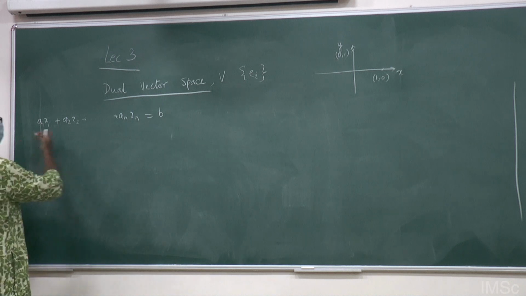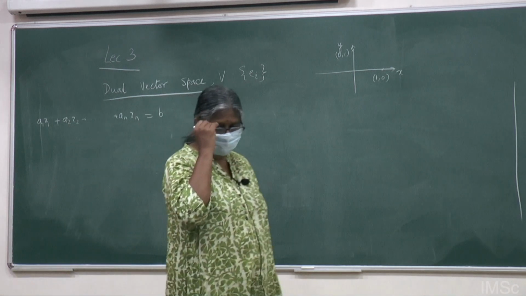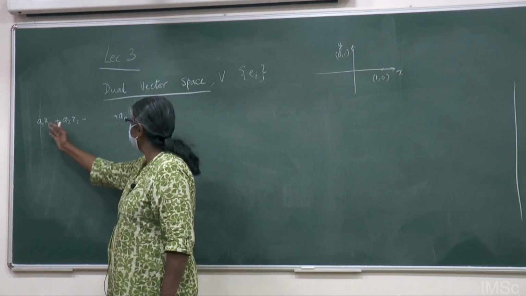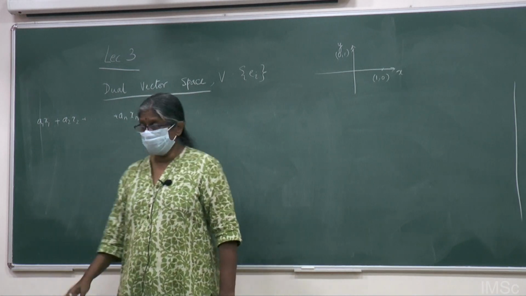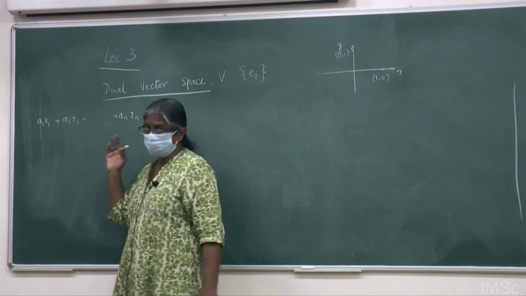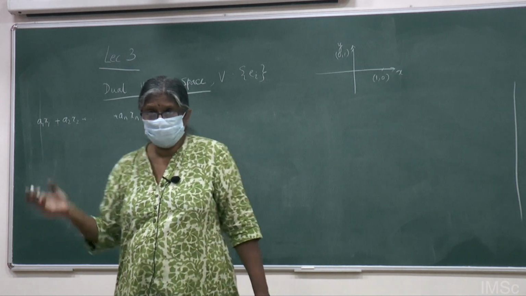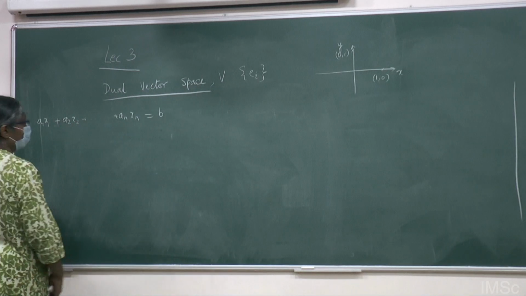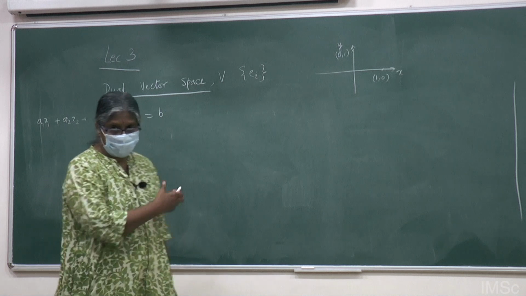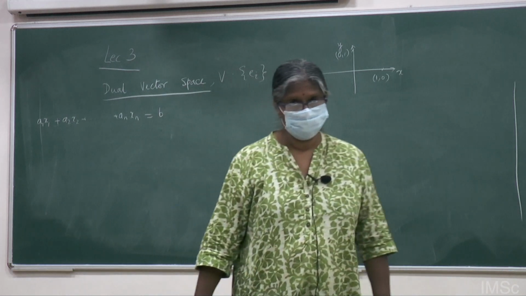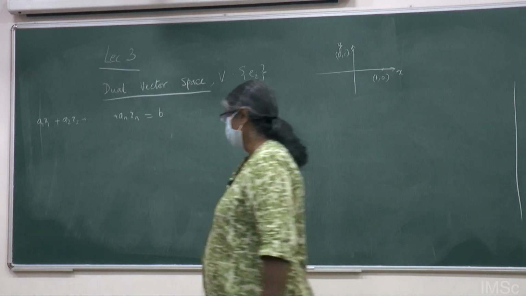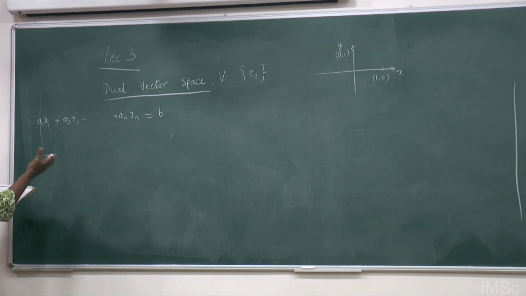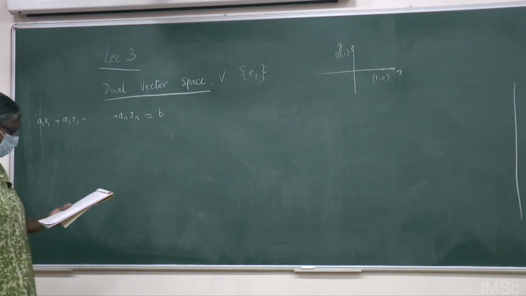So let's start all over again. I had given this example. I said that if you have an n-dimensional space which is spanned by n vectors x1 to xn, then of course I can always write, this will not be independent anymore. I can't write one more vector, but I can have a constraint equation like this, right? So at least some of these a's must be non-zero and b must be non-zero, and I can write an equation like this. Is that right?